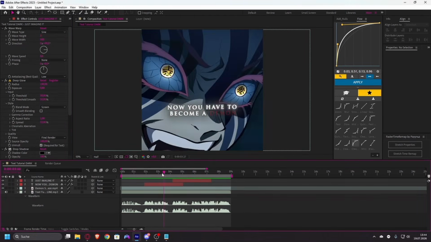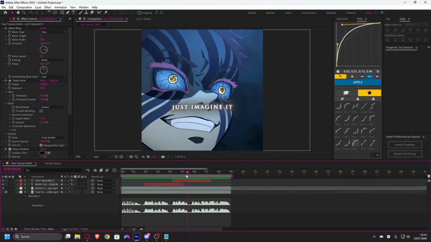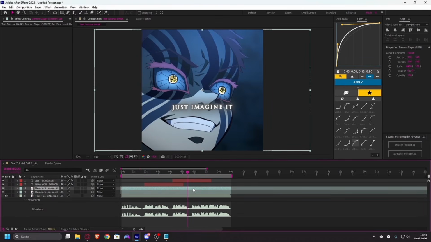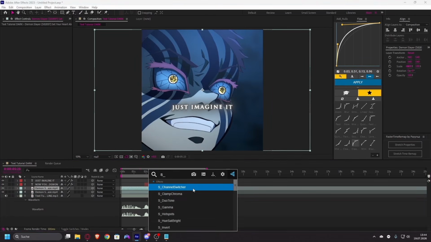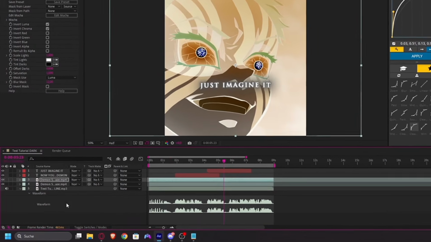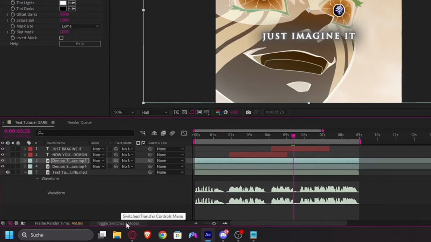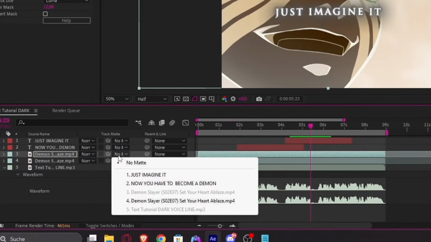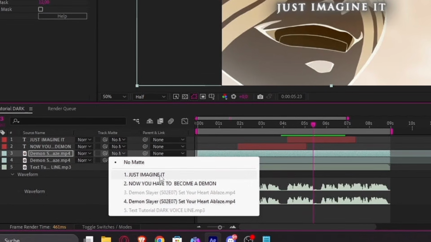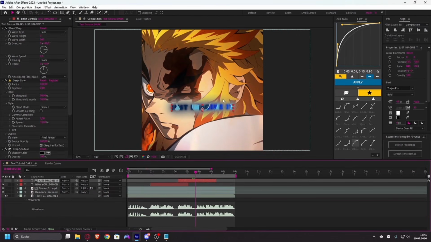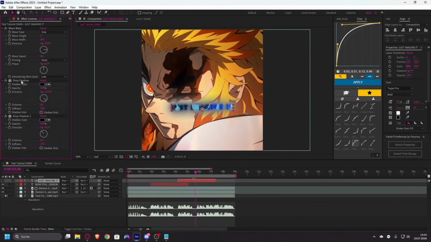The next one I will show you is like an inverted preset. So if you have your clip layer like here, you can duplicate it and add an effect called S_invert, and it looks like this. Now you have to toggle switch modes on the bottom left and click onto track matte. Press this button where it says no matte and then select the text you want it on. So if you look at the text, it may look weird right now because we have deep glow on, but